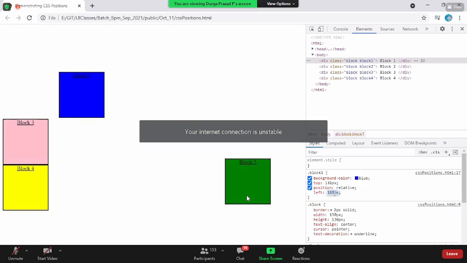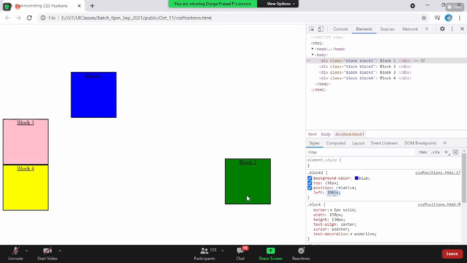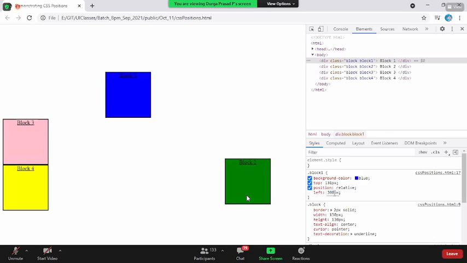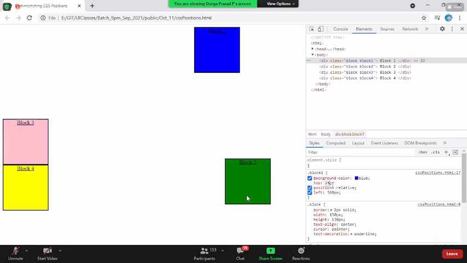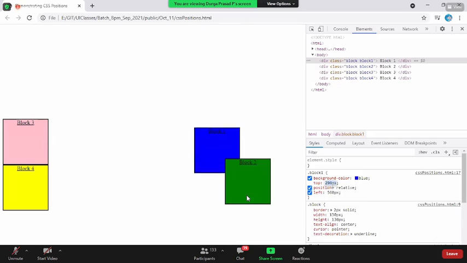Okay, say for example, I say 100 pixel or 560 pixel. Okay, guys, if you're not talking, please go into mute. 250 pixel, and I like this. Now, if you see here, why is the blue guy coming at the bottom of the green guy? Because it follows an order. First the blue guy has come, later the green guy has come. That is the reason the higher priority is the green guy.